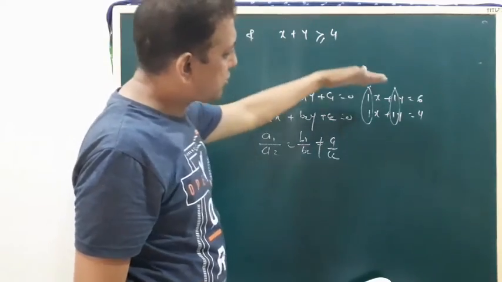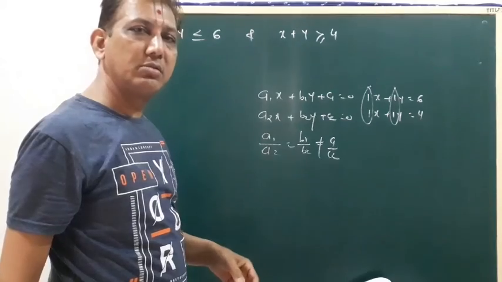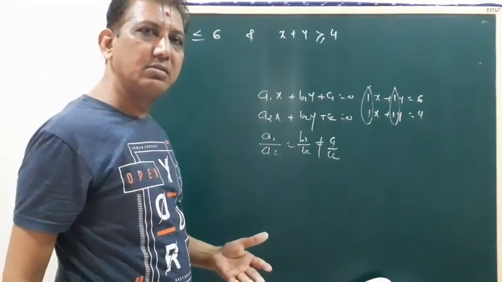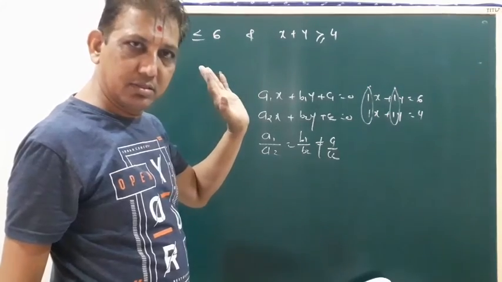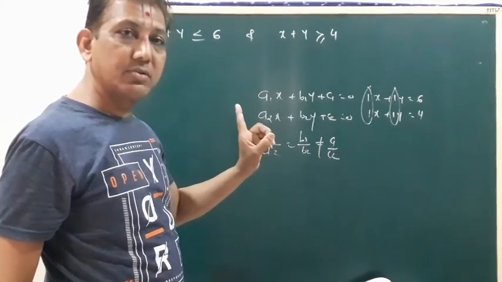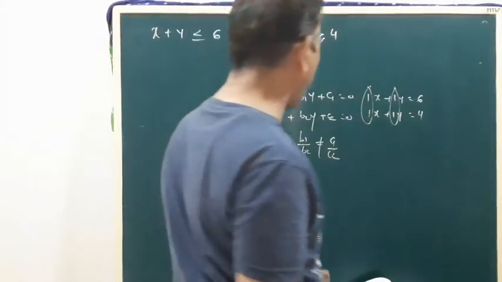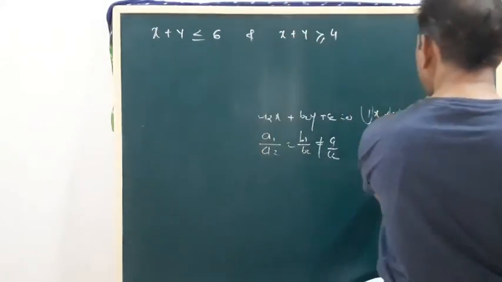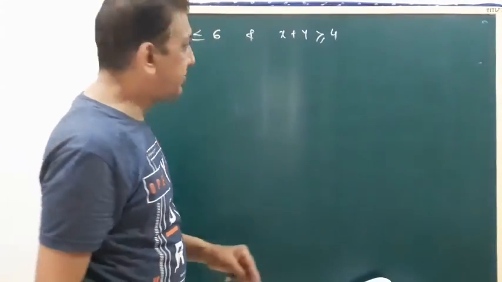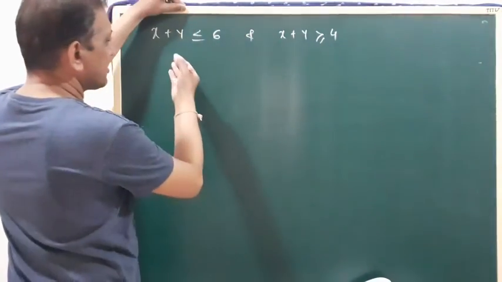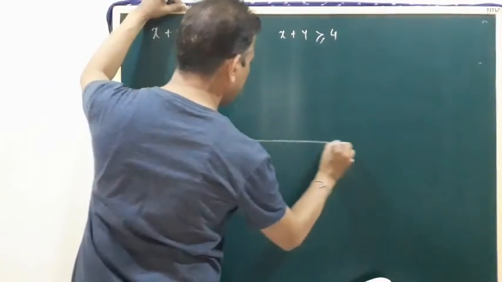So you can draw these two graphs here. Try the elimination method on these two equations: x and y both cancel. So these two lines are parallel, they do not intersect. So here we cannot apply the elimination method to find the intersection point. Okay. So here we use the concept of 10th standard Cramer's formula. Now it is not necessary to draw the table here, directly apply the graph.